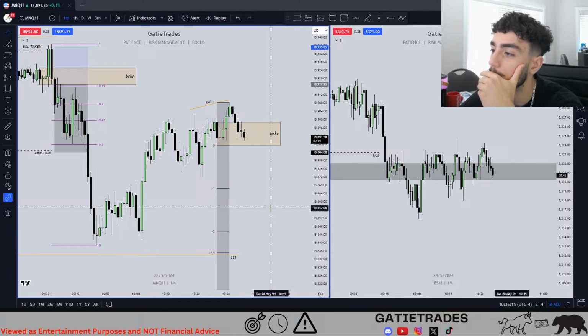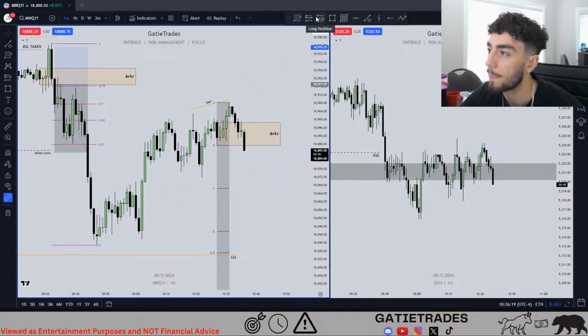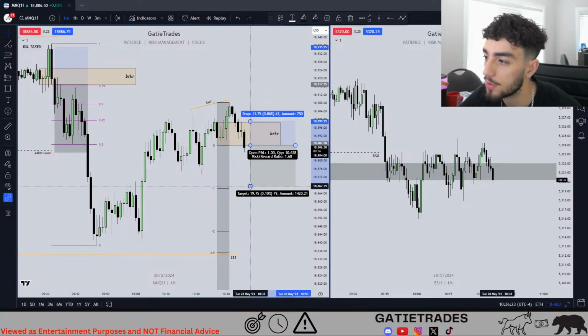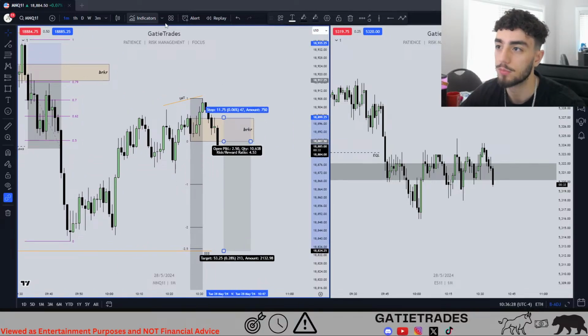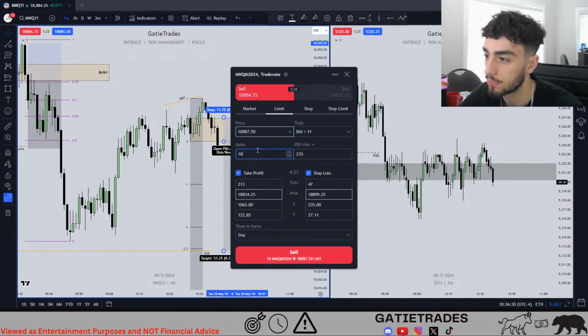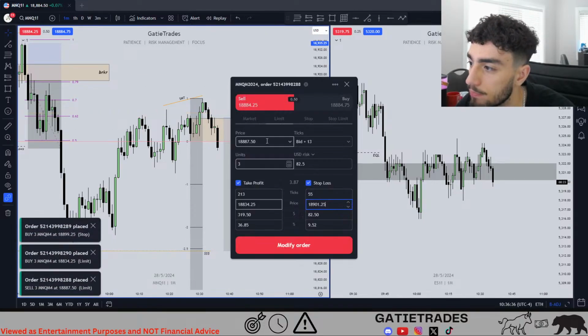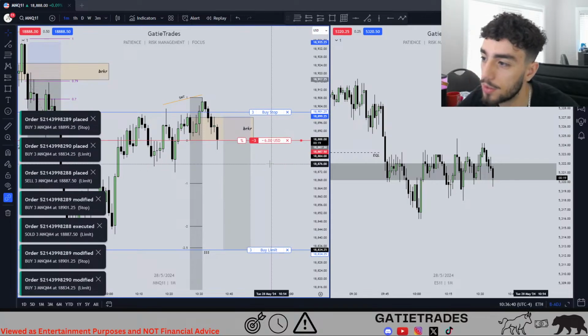Let's see if we can get the breaker, and I'll look for a short here. Looks like it's happening. Putting my stop loss there, and I'm just going to put my TP here for now. Yep, we're going to take this. That's a nice risk right there. Oh, I guess I technically should wait for the closure. Ah, we're already in. Fuck it, we're in.